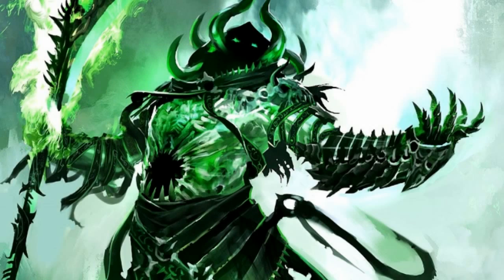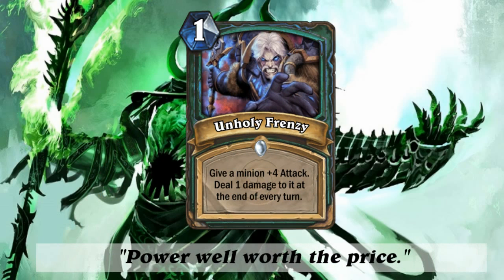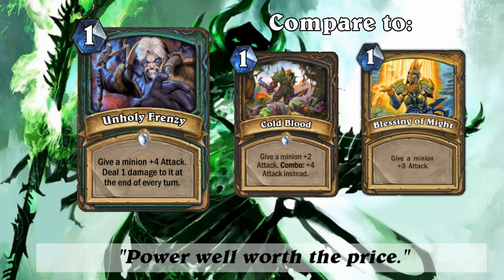Time for some buffs. Since we have a minion generating hero power, the class can certainly use quite a few. Unholy Frenzy, 1 mana, give a minion +4 attack, it takes 1 damage at the end of every turn. Put it on a ghoul, it can deal 5 damage. Then since it dies anyway, you don't really care about the damage, mostly for rushing down your opponent or trading